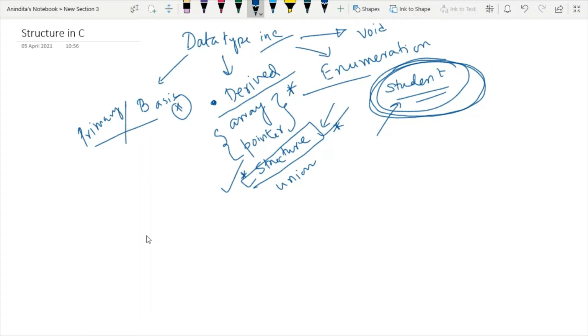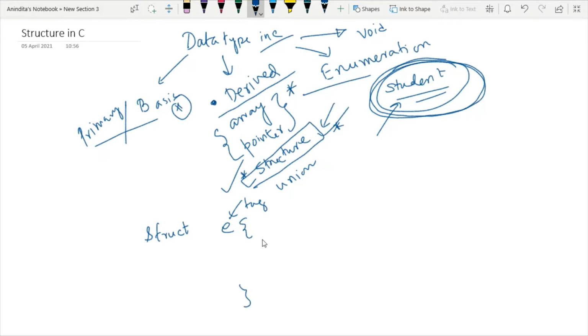So now for defining a structure, we have to write the keyword struct. After that, we have to use a tag, a structure tag. It is the name of a structure. So you can give any name to a structure.